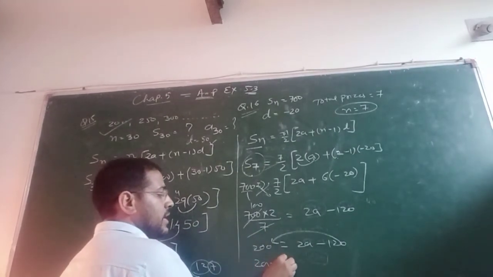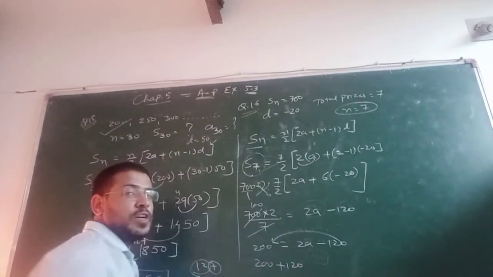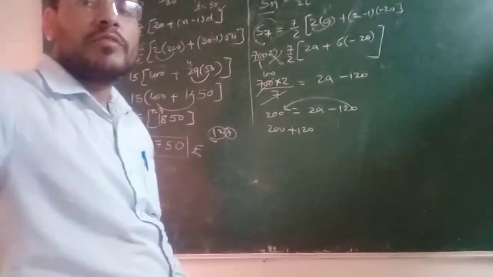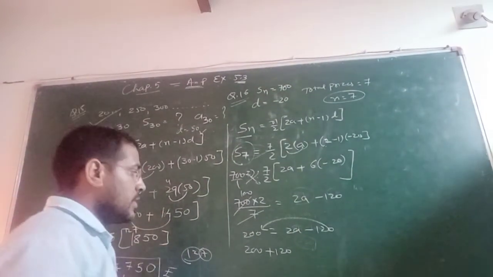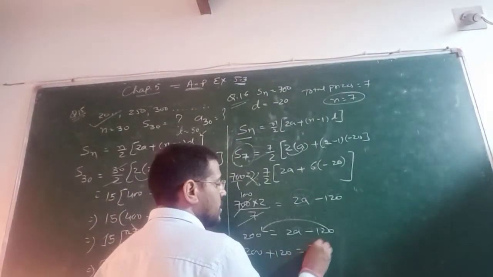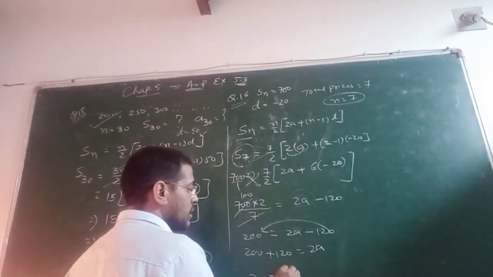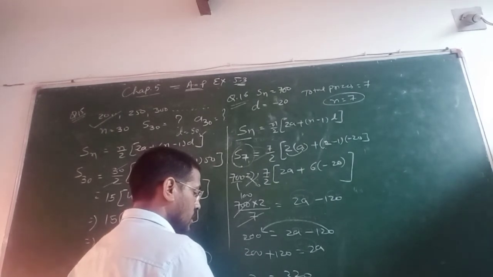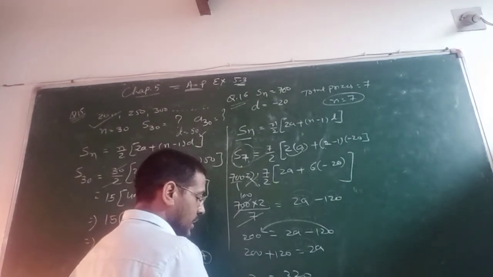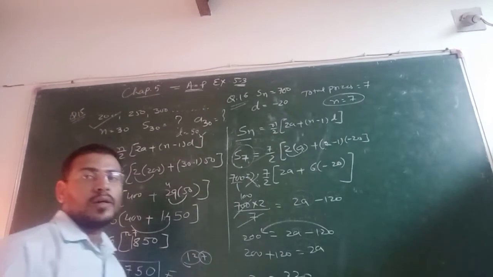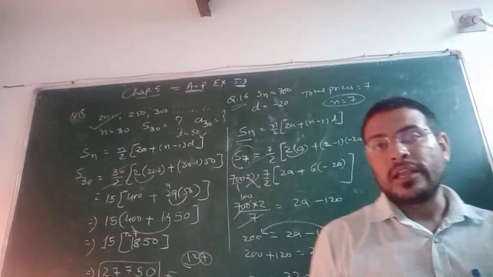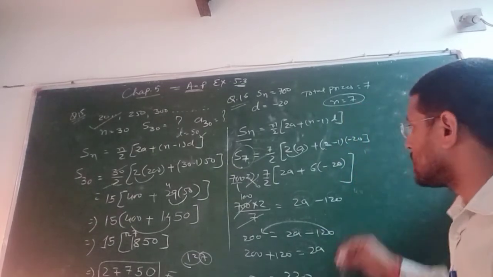तो 200 माइनस 120, वो जो माइनस 120 ऑन द अदर हैंड था, जब इस तरफ आएगा तो वैल्यू में क्या हो जाएगा, सिंबॉलिक वैल्यूज की चेंज हो जाएगी, दैट विल बिकम प्लस 120. ठीक है, सो इट विल बी 320 इज इक्वल टू 2a. सो 2a इज इक्वल टू 320, ऑलराइट, a इज इक्वल टू 320 बाय 2. सो वी गेट द वैल्यू a, दैट इज 160. वी गॉट द वैल्यू a. After getting the value a, you can find out all the values of prizes.